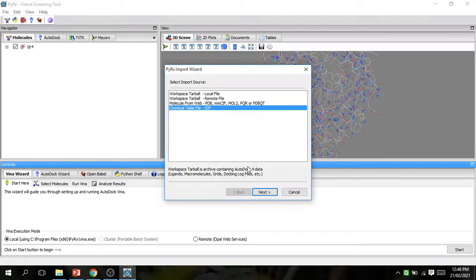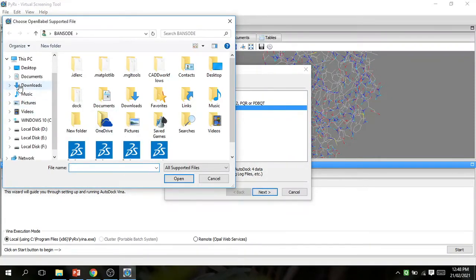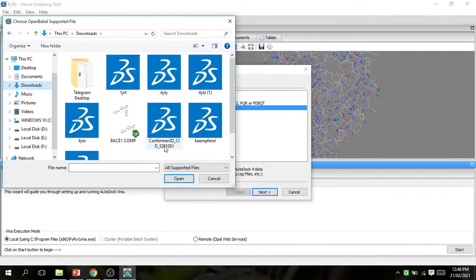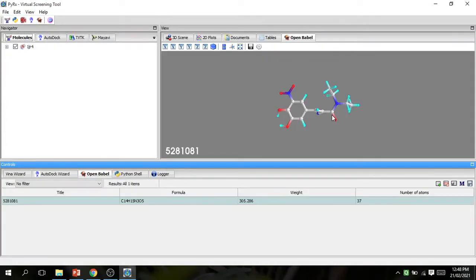After selecting this, next. Go to downloads, and this is the ligand 5281081. Open this. This is a COMT inhibitor.